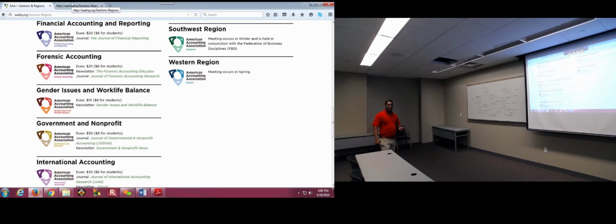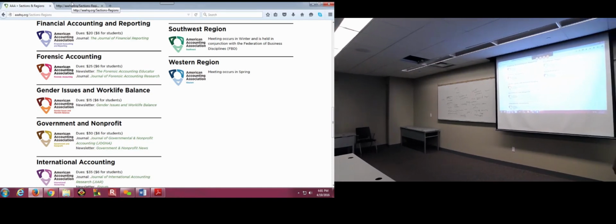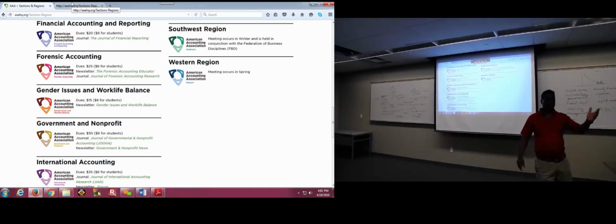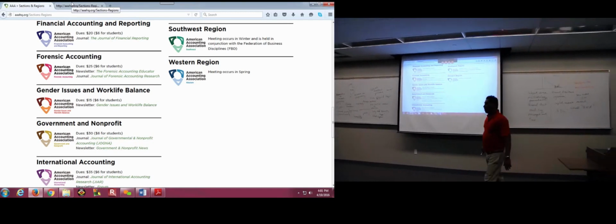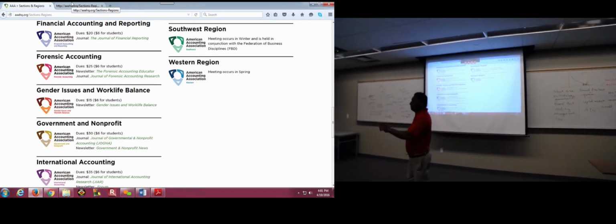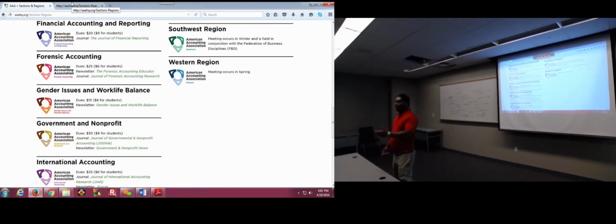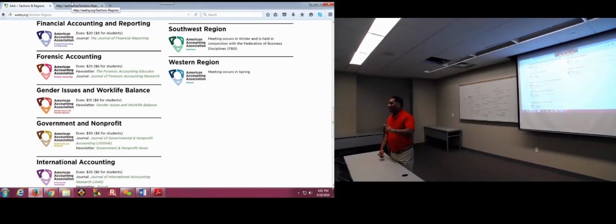It's now mandated in the United States by the SEC. All companies, or big companies anyway, report using XBRL. There's been an enormous amount of research done, both normative and positive. At the beginning, there was a lot of normative research saying we should do XBRL, it will have all these benefits. But now there's also a lot of positive research on the implications of XBRL. So now this is actually becoming mainstream. Non-AIS people are doing this research where they say, okay, I'm going to look at the effect on the cost of capital of firms that did XBRL.